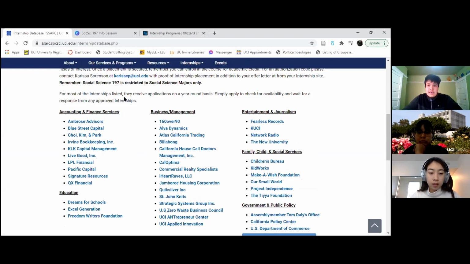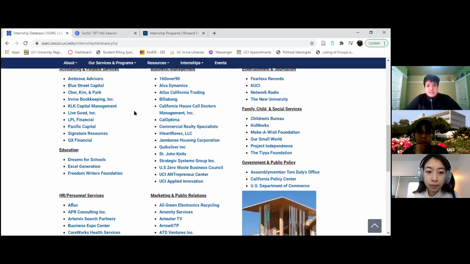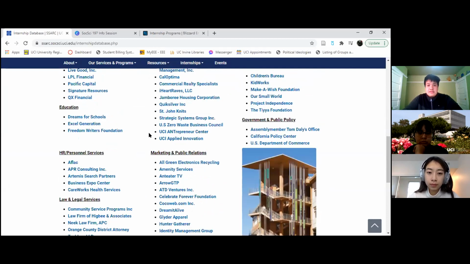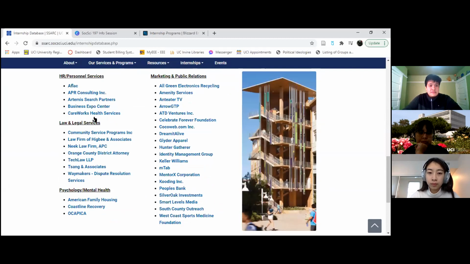Yeah, just to add to that, I don't know if we have any specific anthropology internships, but all of the internships on the website, as you can see, are split into different groups. So I'm sure you can find something more specific for your interests if you look.